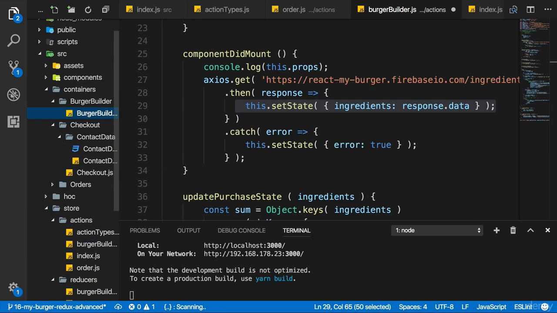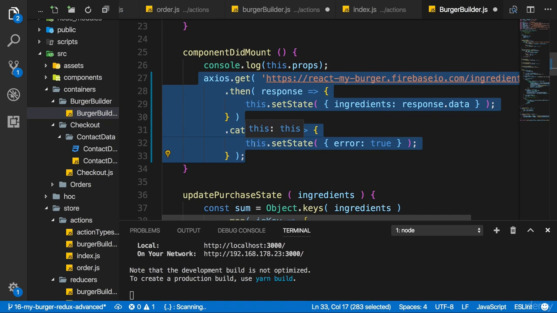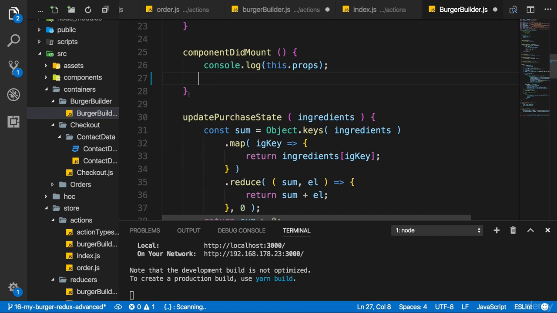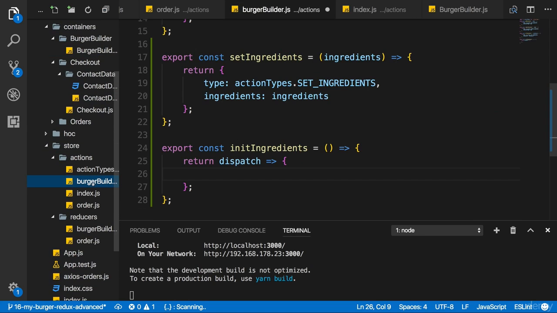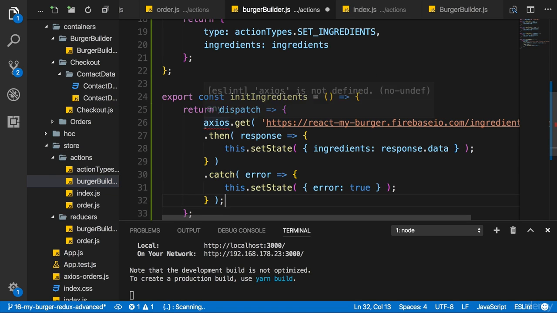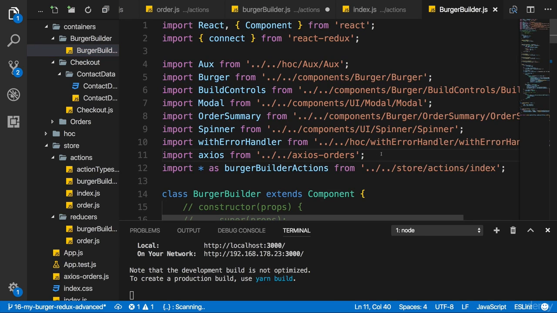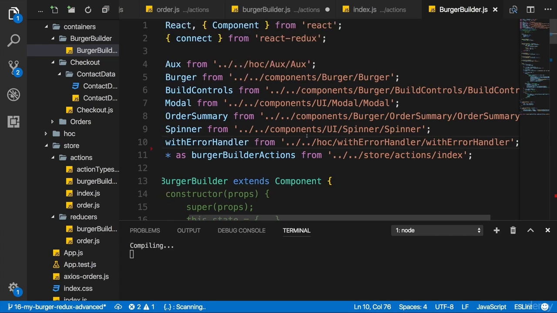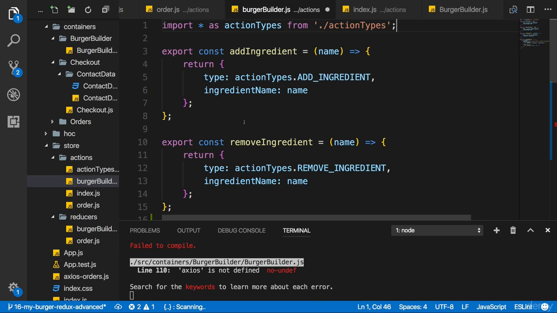Let's head over to the Burger Builder container to fetch the async code we want to execute. This thing here. So I'll just cut it out of the component mount function there, and I'll put it into my Burger Builder file in the actions folder. Here, I want to reach out to Axios, and for that, I of course need to be able to access Axios. Now in the Burger Builder component, we imported Axios from axios-orders. We don't need that anymore in the Burger Builder, so I can cut it from there, and also move that import to the Burger Builder action file.